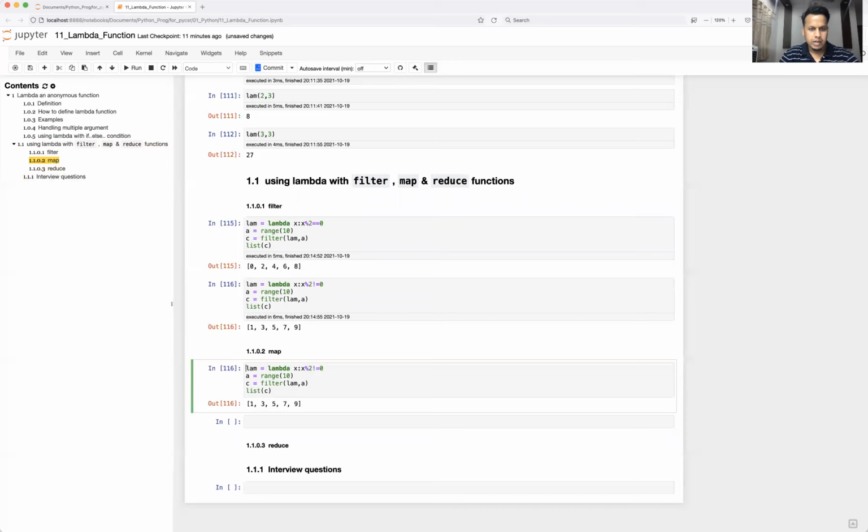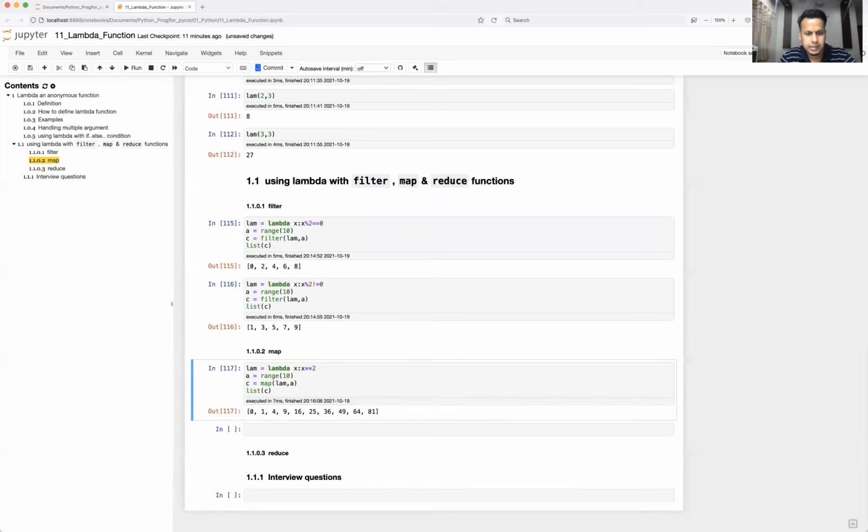Okay, so inside map, I'm going to take map, and instead of filtering, I'm going to take the square of each value. No condition, because this is not a conditional statement, right? You are going to transform the whole value of that sequence with a particular expression. So my expression is x to the power 2. So take the square of all the numbers, whatever is defined. See here. Using this simple function, you can transform all the values. That's how you use it.